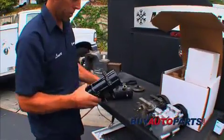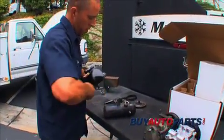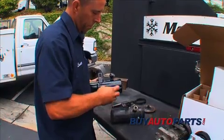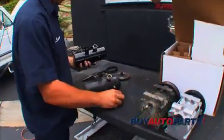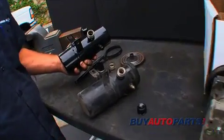And finally, the accumulator. Look to see to make sure that the hose ports and mounting brackets are correct. For the proper amount of refrigeration oil,